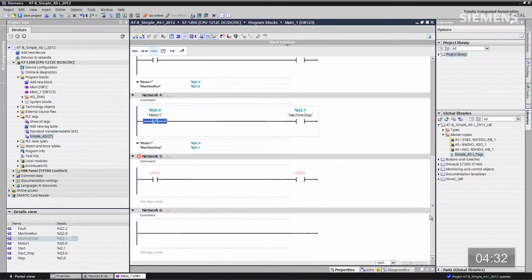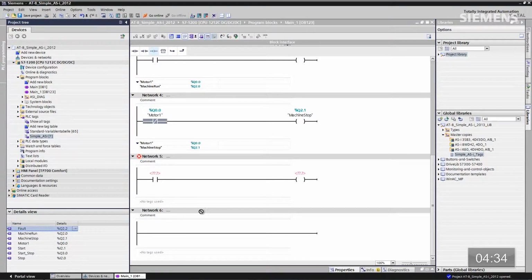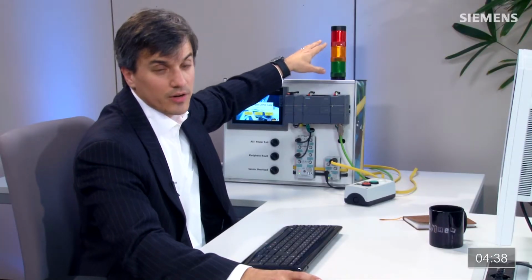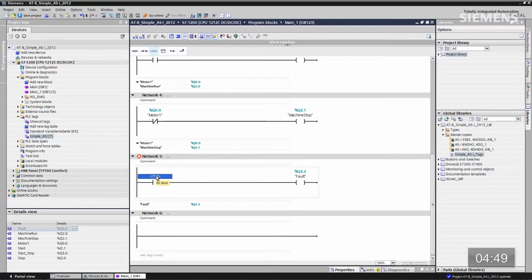How about faults and diagnostics? Well, I've got one more line here. What I want to do is go grab the fault LED here, and it just happens to be the red LED in this particular configuration. And I also want to be able to pulse this red LED so you can see anything from a machine faulting perspective. What I want to do is go over here and go back to that clock bit,